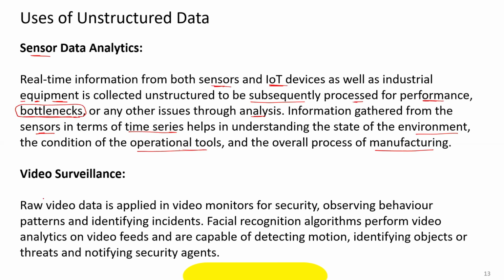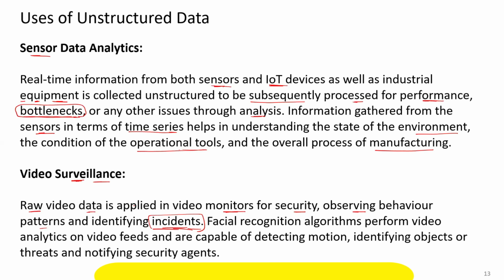Okay. Now, the next type of unstructured data is video surveillance. Here, raw video data is applied in video monitors for security, observing behavior patterns, and identifying incidents. If we have frequent incidents, then we may use the video surveillance data